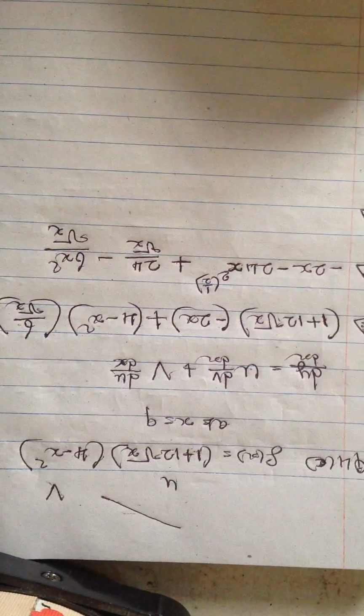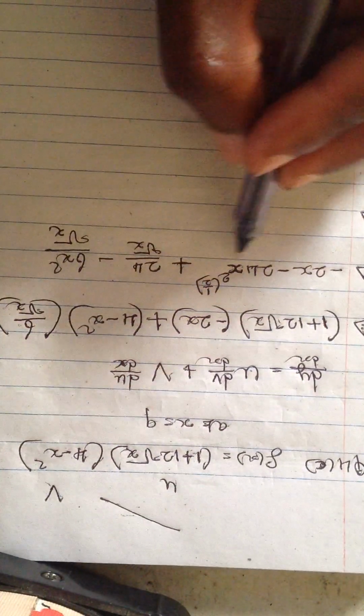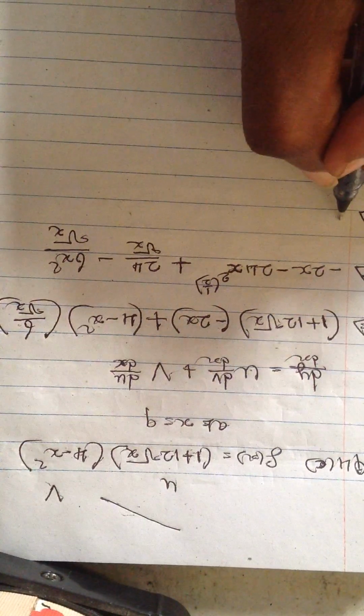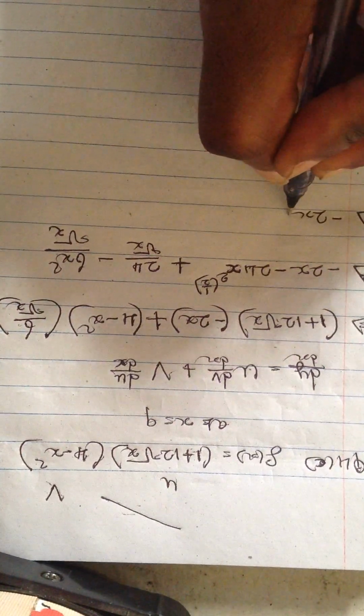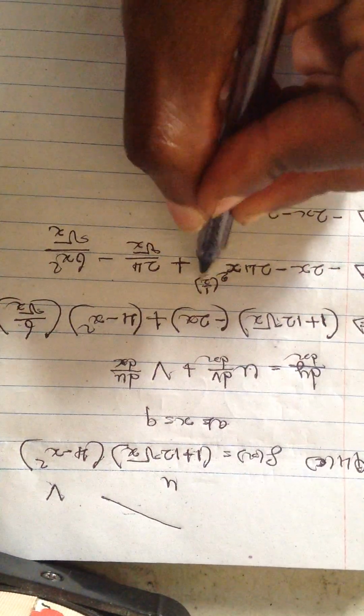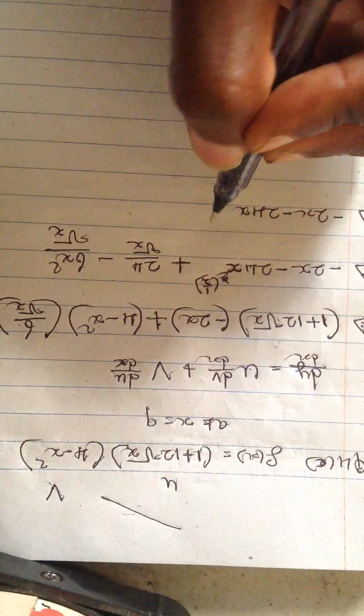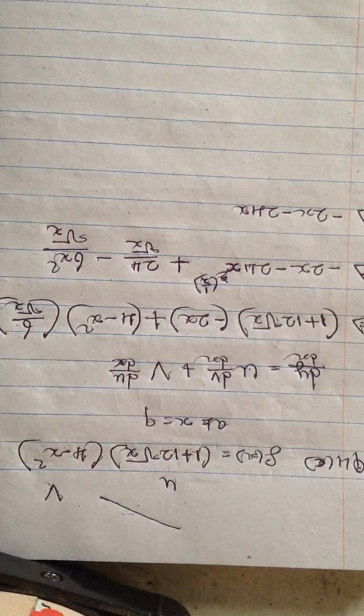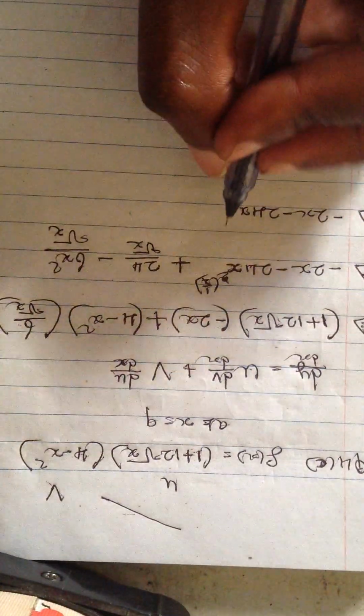What is our next step? Our next step is supposed to deal with this one here. So it will be negative 2x minus 24x. Now here it is 2. What is 2 times 1 over 2? Meaning 2 and 2 here go, we're going to remain with 24x. That's the thing. So plus